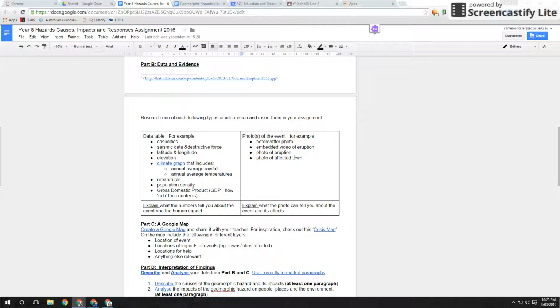Alrighty, on a very similar theme, we want you to collect, say, 2 or 3 photos of the event. These can include before and after photos, maybe even an embedded video of the eruption itself, or a photo of the eruption, or a photo of an affected town. There's probably lots of other examples that we haven't included here. And what we want you to do is analyze and explain what the photo can tell you about the event